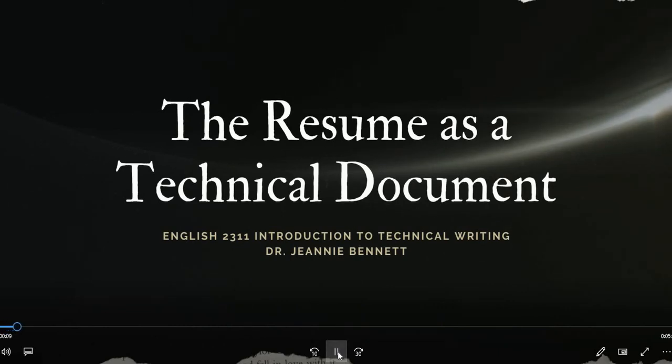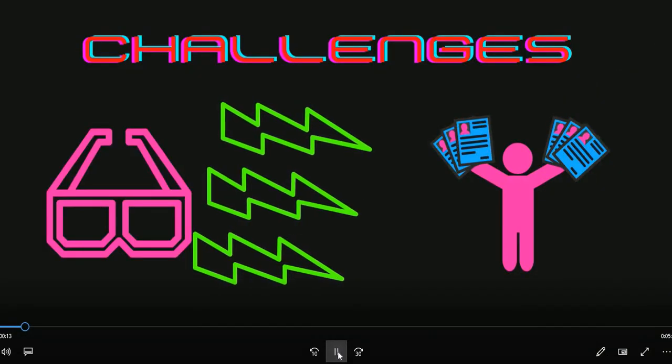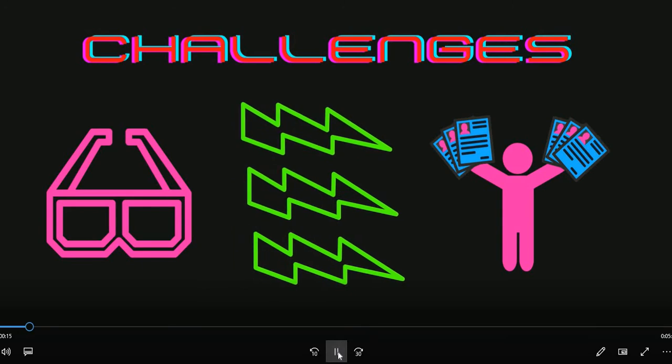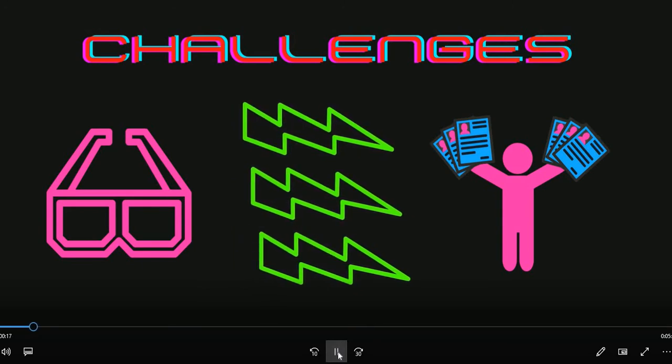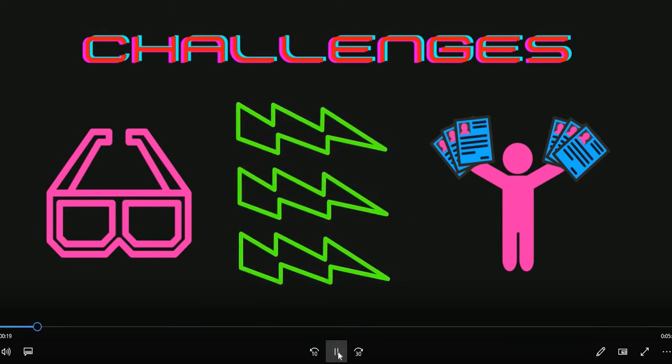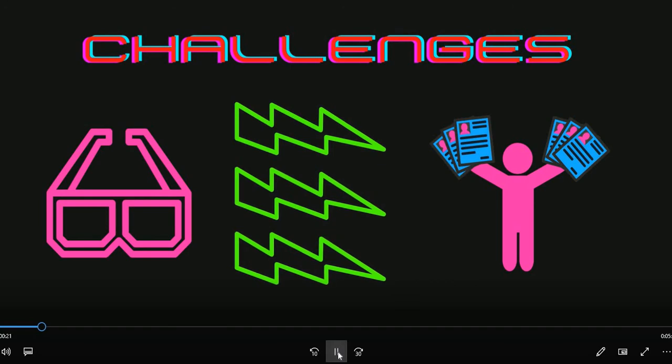Today, I'm going to talk about the resume as a technical document. One of the major challenges students have on the resume assignment is viewing the resume as a technical document. It's a major hurdle to success because we're not just writing a resume, we're also practicing and honing essential technical writing skills. If we can't see the resume through the lens of technical communication, it will prevent us from practicing